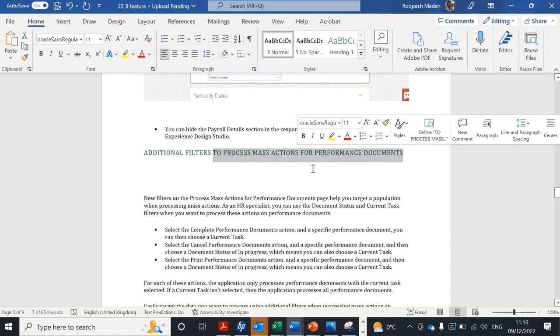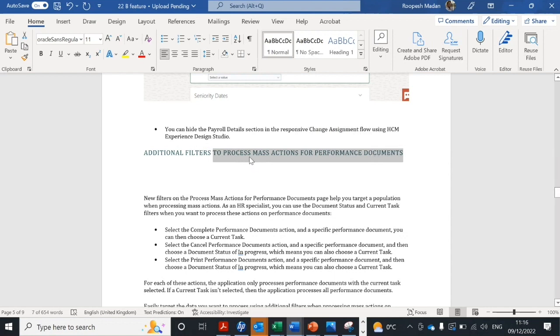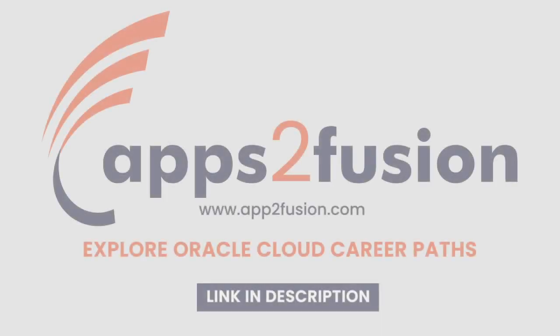This mass action feature has been there for the past few years, but now they have added additional filters in this. For example, earlier when you wanted to perform any mass action, there were very limited filters. For example, for which group of people you want to perform this action,